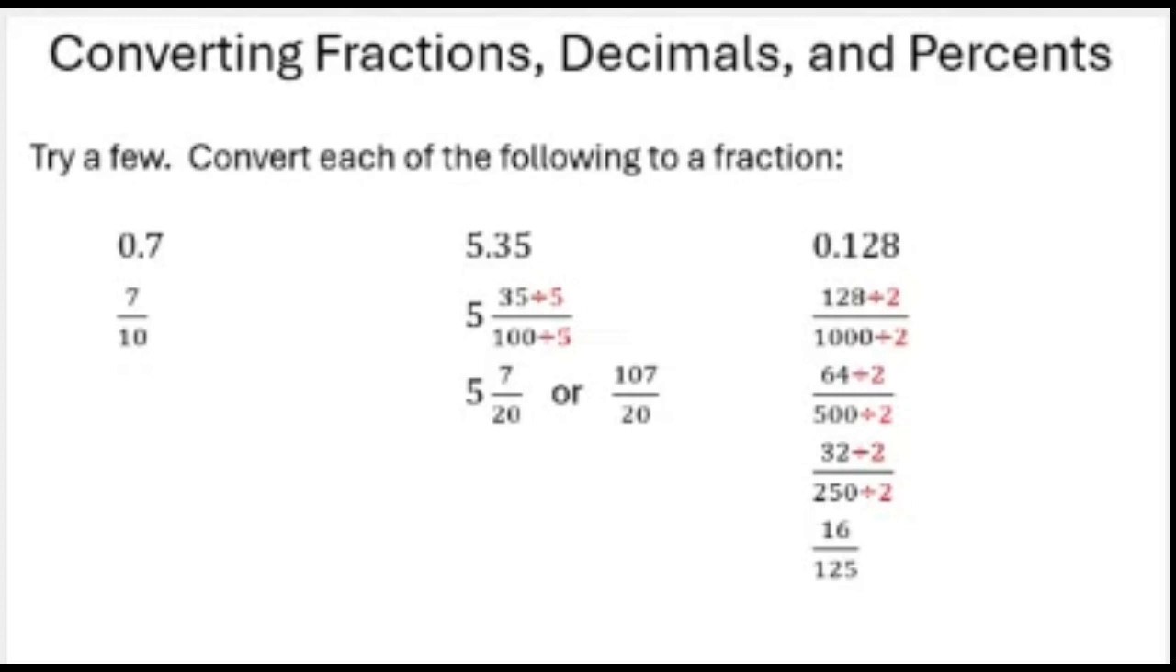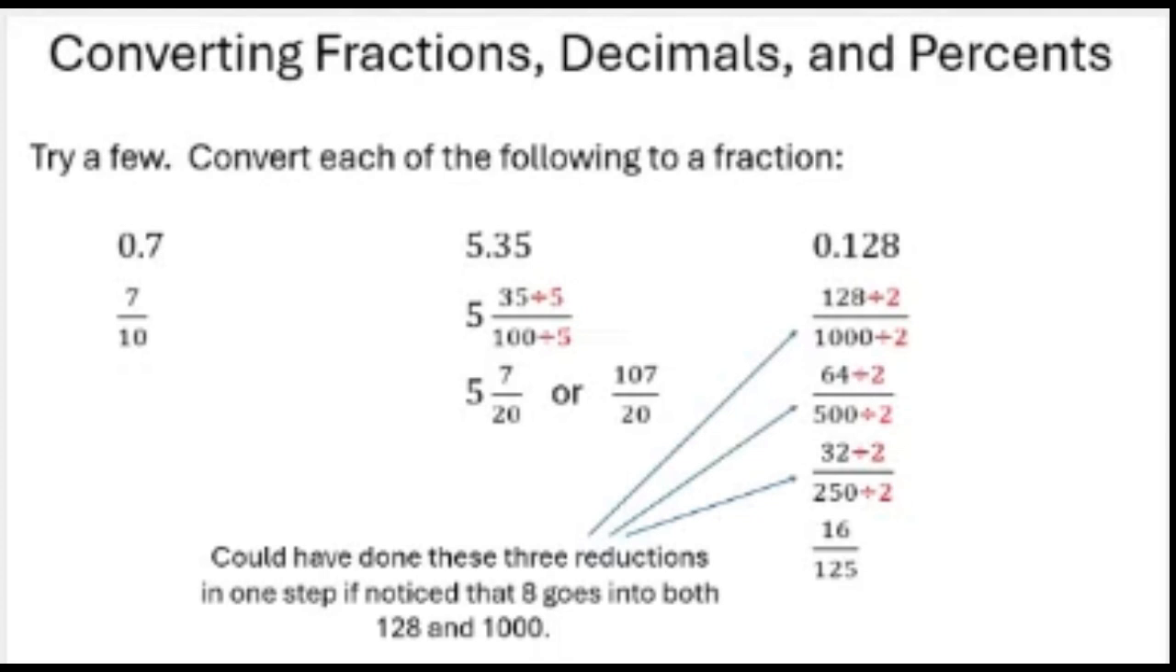Now, if you had noticed in the very first step that 128 and 1,000 are both divisible by 8, then you could have done that reduction in one single step. But I tend to find that by the time I figure out that they're both divisible by 8, I could have just divided them both by 2, 3 times. So every once in a while, you might find a reduction that you do quicker, but my tendency is just to